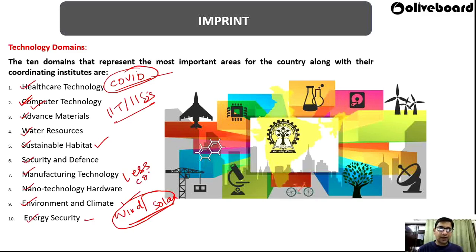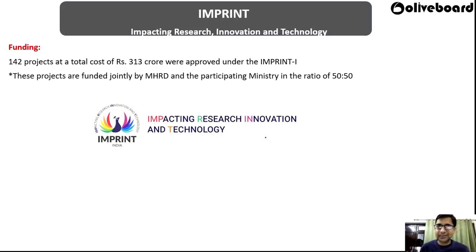This is very important. We wanted to provide people the things which are very less costly and usable to a great extent. So these are the total 10 technological domains under which the IMPRINT scheme is going to work. The funding of this IMPRINT scheme will be done for the total 142 projects selected, at a total cost of 313 crores approved under IMPRINT 1. That means under IMPRINT 1, a total of 142 projects have been selected